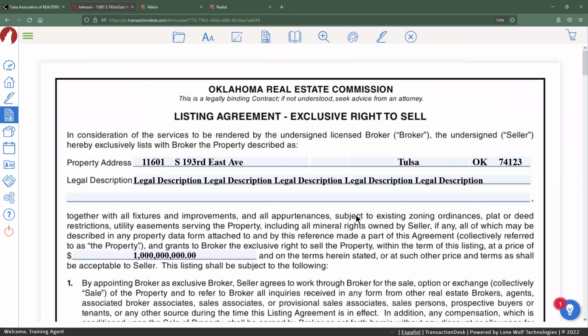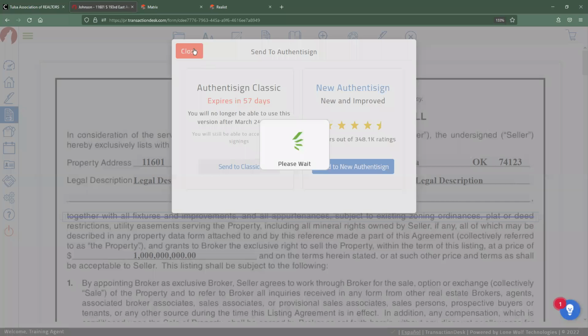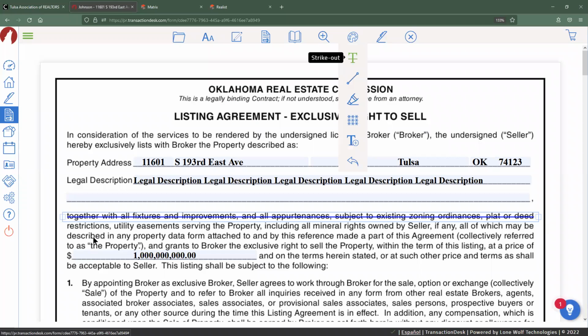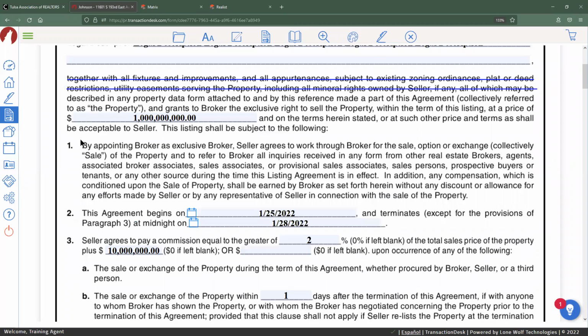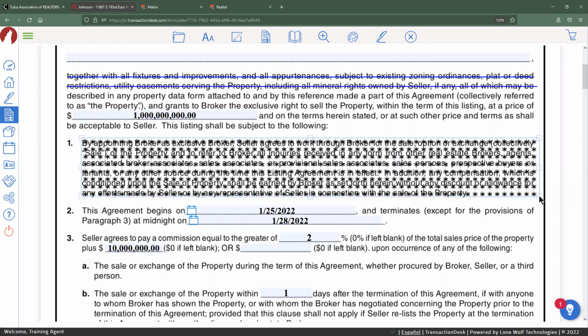Now, additionally, whenever you guys are filling this information out, there's going to be some markup options up here at the top. This includes a strikeout line in case you needed to go through and actually strike a section from this. It can be a little cumbersome having to go through and add each and every line. There is actually a redact option, which is going to allow you to just effectively put a field of asterisks over whatever it is that you're looking at.